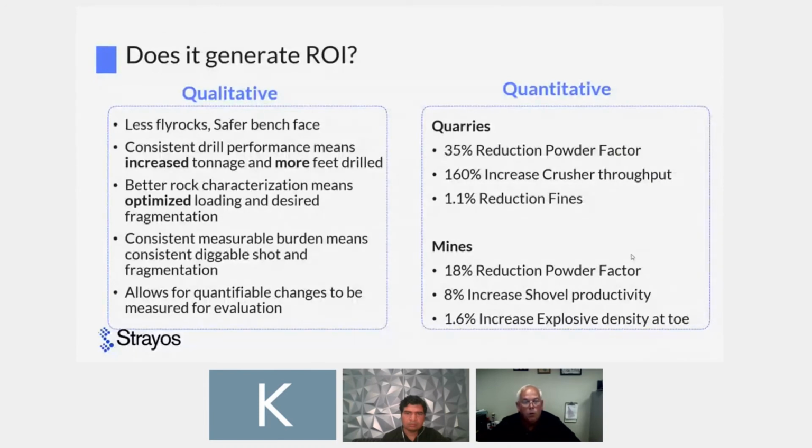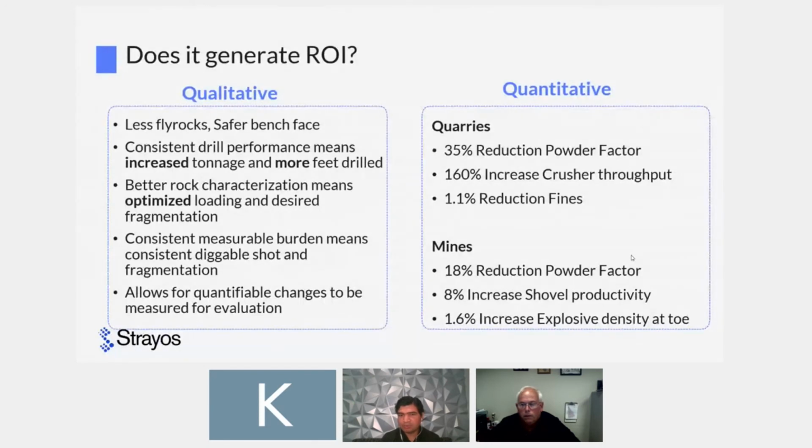You want to talk a little more on the quantitative side, Robbie? Yes. So this is some industry numbers that we have seen how the measure while drilling and combination of the customized loading. So customizing your density has resulted into the improvements overall in the quarry side, roughly up to 35% reduction in powder factor. And this is a period of studies where the drilling companies as well as the blasting companies are collaborating together to roll out the measure while drilling as well as the customized loading density differential energy loading programs here.